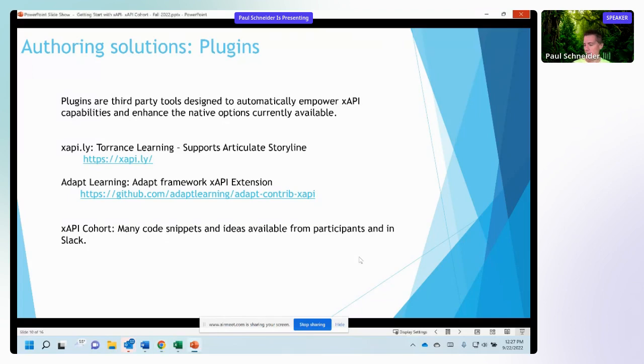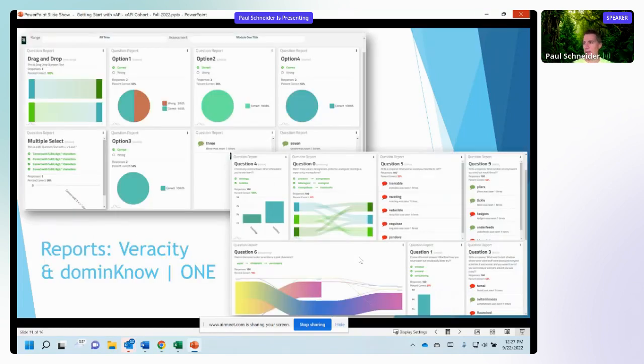Let's go ahead and take a look at some ideas, hopefully for you there. And this is by no means an endorsement of Veracity or Domino One or anything. It's just the ones that I had handy, and just to show you some ideas of things you could think about. So the first one that we're seeing in the screenshot,